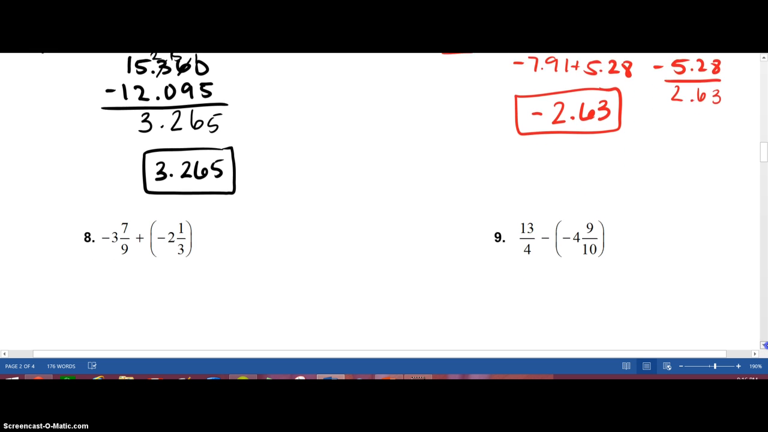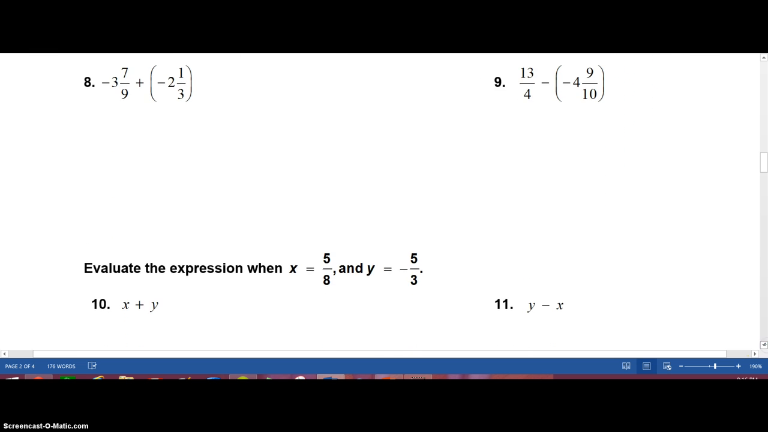Now 8 and 9 are both fractions. So we're going to write our answer in simplest form if necessary. So if we need to simplify. Now 8, I have two mixed numbers. So I'm going to first change those into improper fractions using my big C method here. So I do 9 times negative 3 plus 7. So my numerator again will be negative because this starts as negative. I'm not changing the value of this fraction, I'm just changing the way it looks. So 9 times 3 is 27, then 27 plus 7 would be 34. So negative 34 ninths